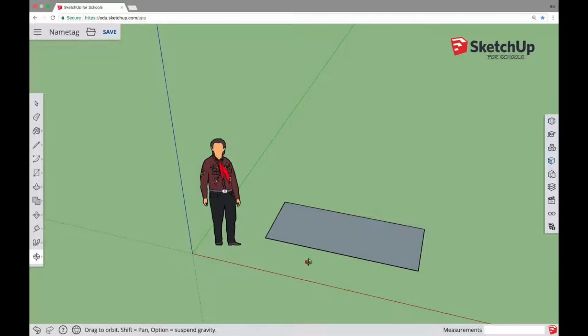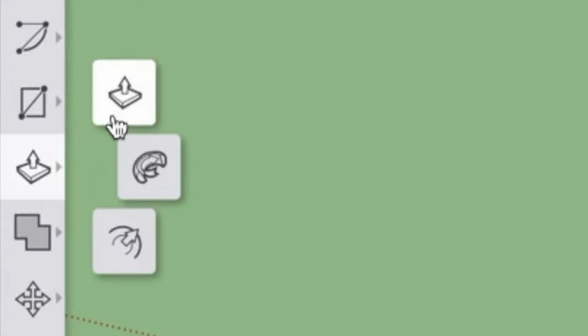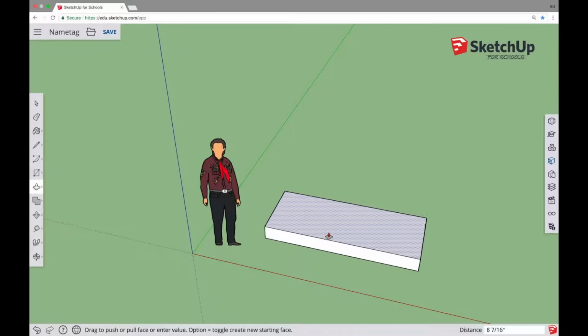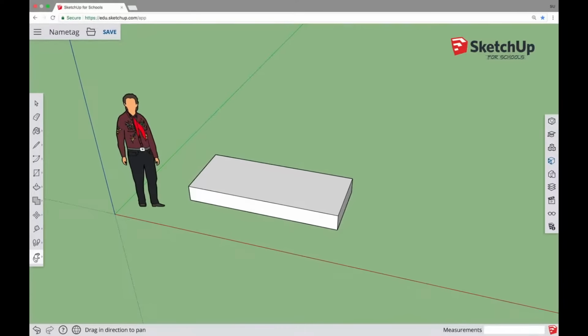Next, we're going to take the push-pull tool and make this rectangle 3D. Click and release on your rectangle, move your mouse upwards, and click again to make your rectangle 3D. Pretty easy, wasn't it? Now I'm going to use the pan tool to pan our rectangle more towards the center